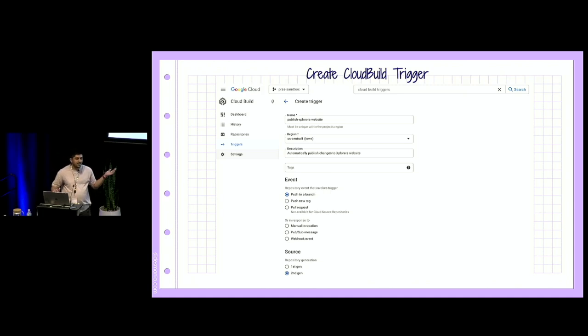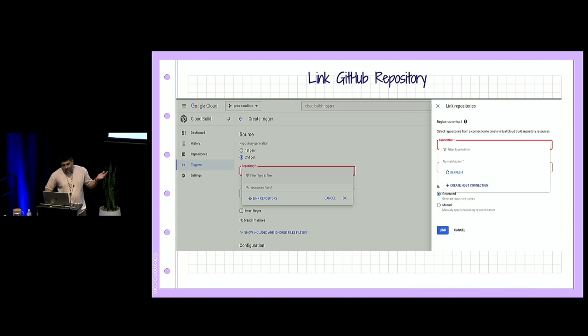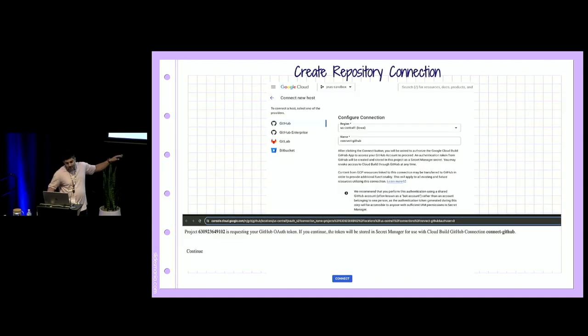So now if you think about how does Google Cloud know which repo or where to go and fetch that code? So that's the kind of linking that we're doing here. We need to create a repository. Basically, we need to link a GitHub repository. In order to do that, I chose this configure connection option. An important part here is, if you look at the bottom section here,